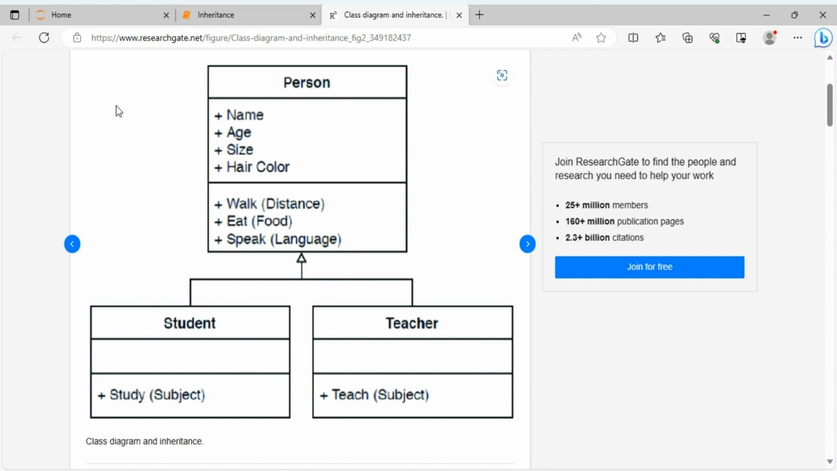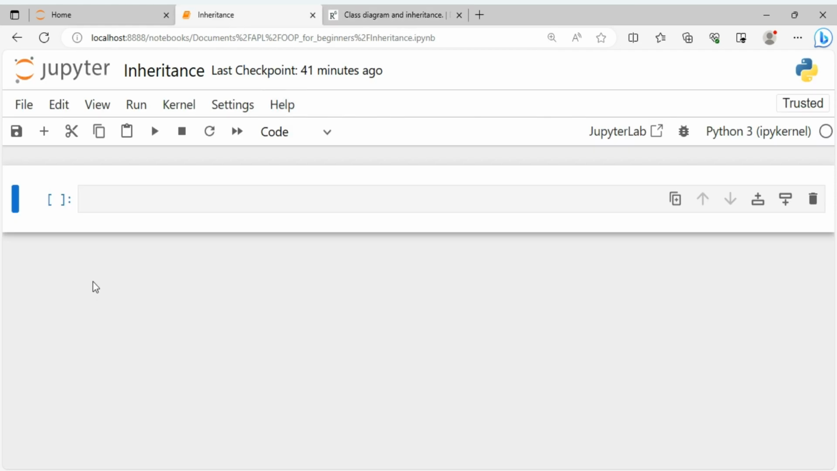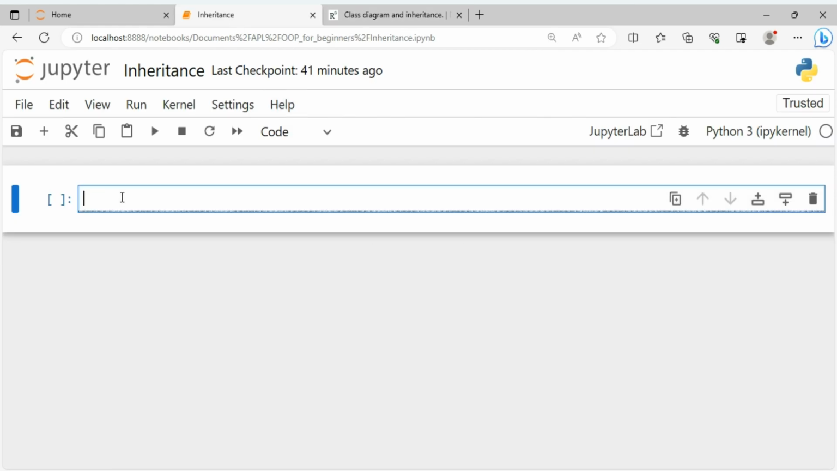To implement this concept, we can create two classes over here. One class is employee class and the other class is the teacher class. We will specify the employee class as the parent class. So we are going to create a class, employee class, which will serve as the parent class. This employee class